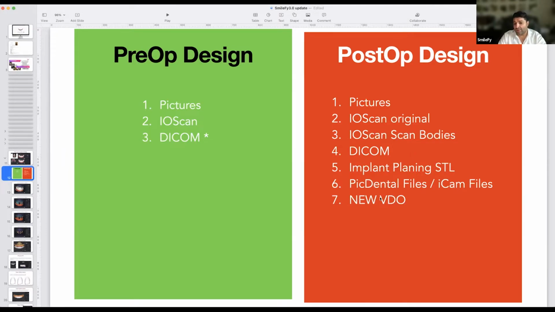Of course, here the second step can be different because eventually you have the surgery done, and you recorded the position of the implants with Peak Dental or with iCam, right? So now you have a digital object, an STL, with the position of the implants, with the scan bodies. You have eventually a new vertical dimension of occlusion. If you have a new vertical dimension of occlusion that you have done with a bite registration in the mouth of the patient, you are gonna